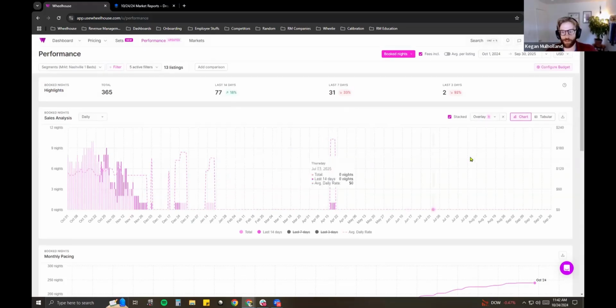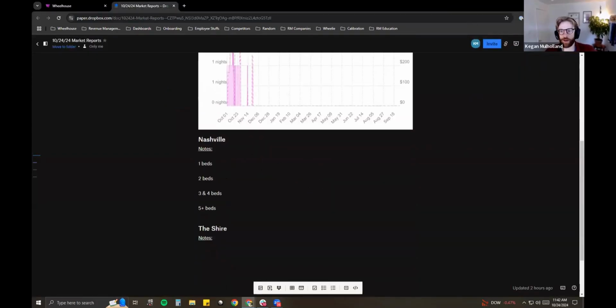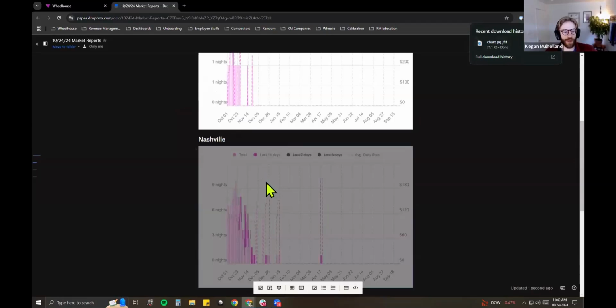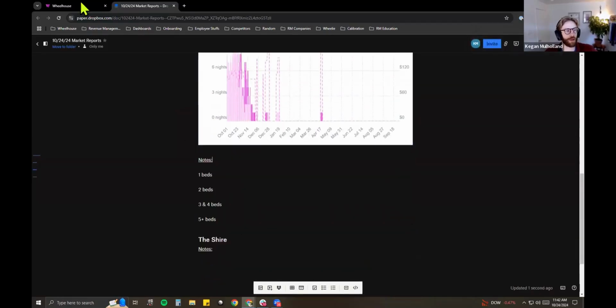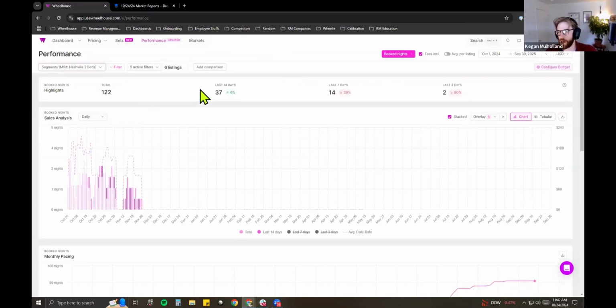Whatever it is. I can then pull this, whatever reporting you're doing, let's pretend I'm using this chart, export it, and then hop over to my super basic reporting doc here and throw in my image, right? Leave my notes, hop back over, move on to my next segment, right? So it just kind of makes the workflow, especially if you're doing the same segments week after week, or multiple times a week, the groupings really help speed things up at the end of the day. So a lot less clicks.